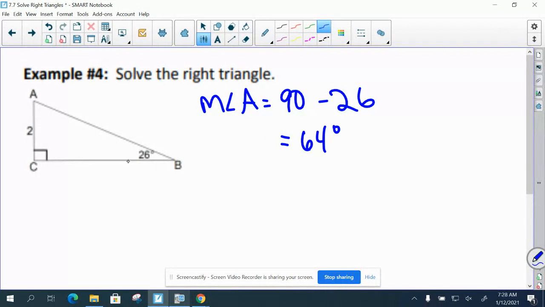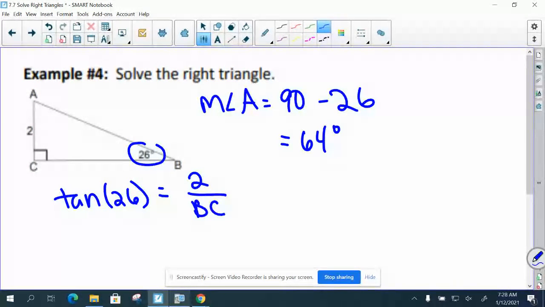Okay, and then to get this side, we could do the tangent of 26, and then to get the hypotenuse, we could do Pythagorean theorem. Or we could do sine. So let's do the tangent of 26 equals 2 over BC. Okay, and this is where we put this over 1, cross multiply, so BC is going to end up being 2 divided by the tangent of 26,